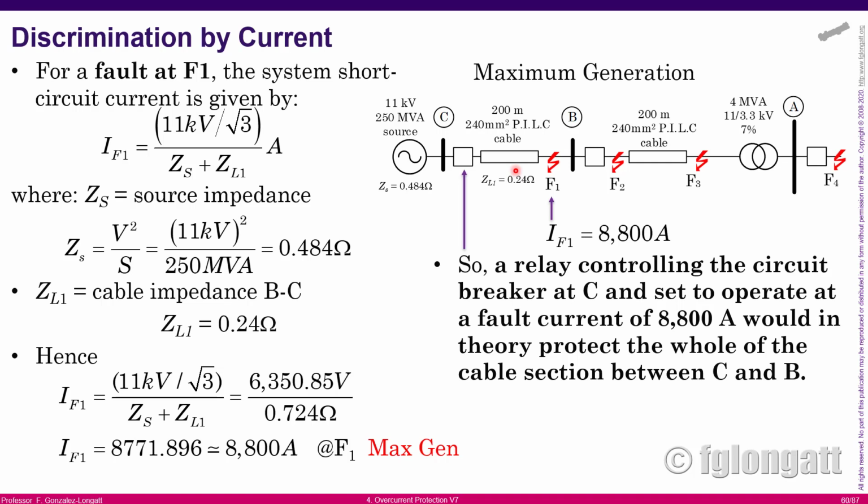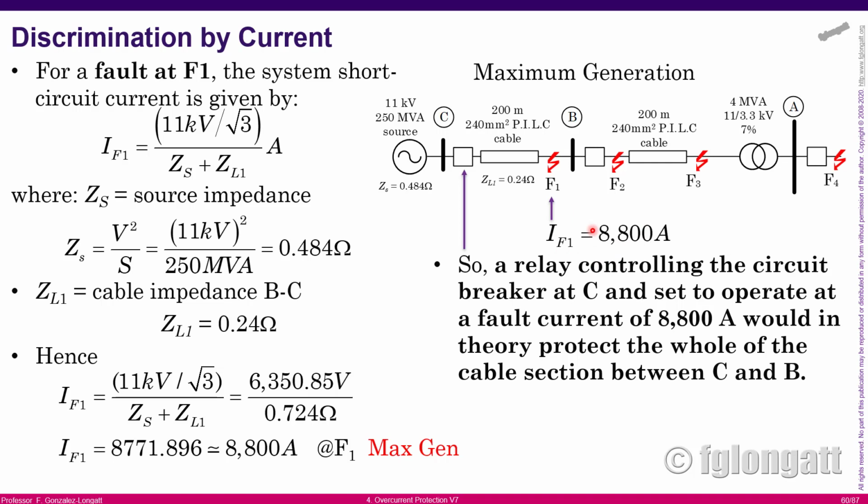It's very simple to see that we are using an external source, and in this case the level is 250 MVA, and the source is also 11 kV, okay? For that reason, we can estimate the source impedance, 0.484. We know the data for the cable, 0.24 ohms. We put the numbers together, and what is the surprise here? There is no surprise. The fault level at F1 is